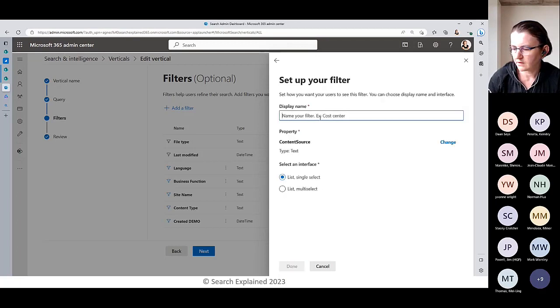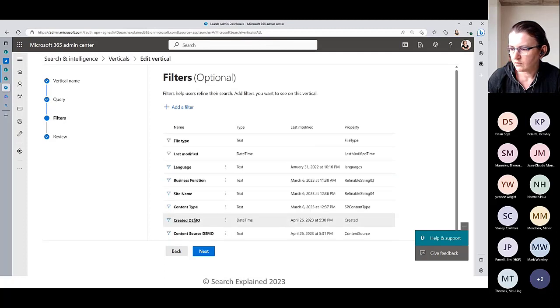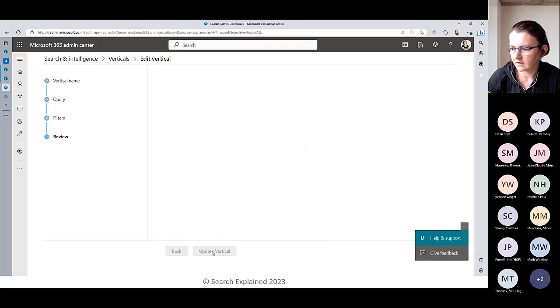For a text type refiner, content source demo, I can define if I would like it to be a single select refiner or a multi-value select refiner. And that's it. So I give it a name and I select an interface. I click done. So my two demo refiners are here, and then I click next and I click on update